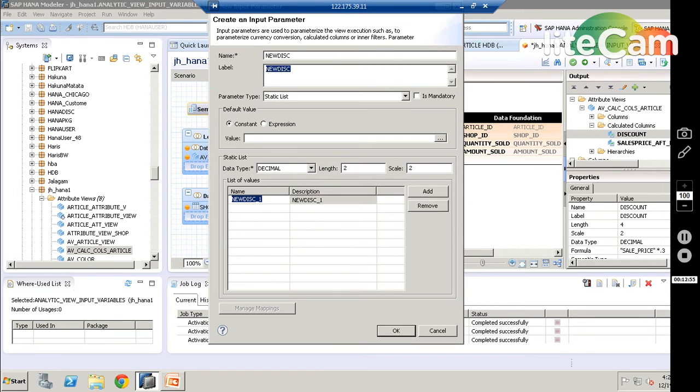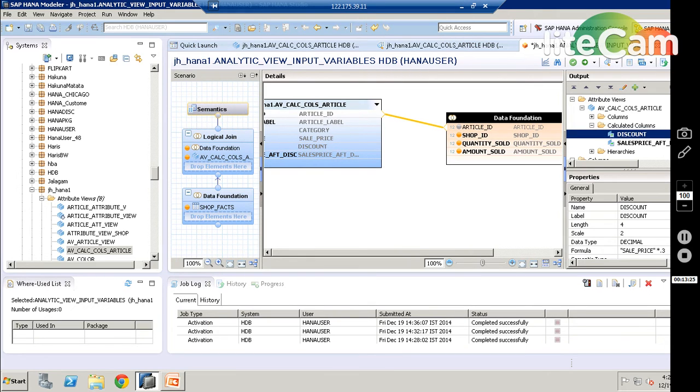First one is 0.3, second value is 0.2, third one is 0.1, that is 30%, 20%, 10%. So I can directly use this for the multiplication purpose. Is it mandatory? Yes, I make inputting this value mandatory, right?